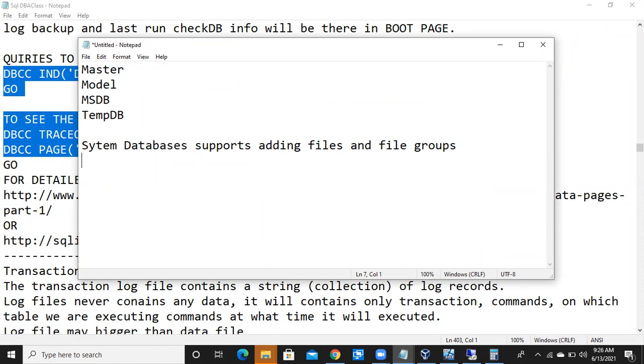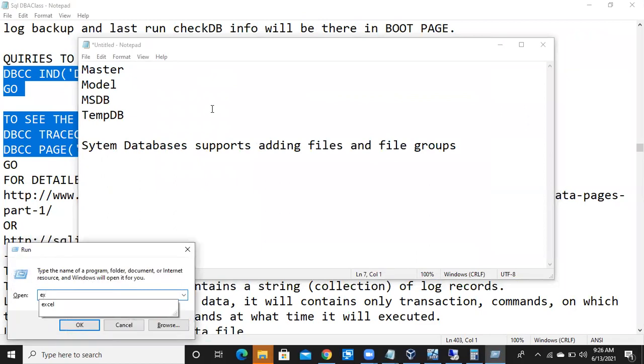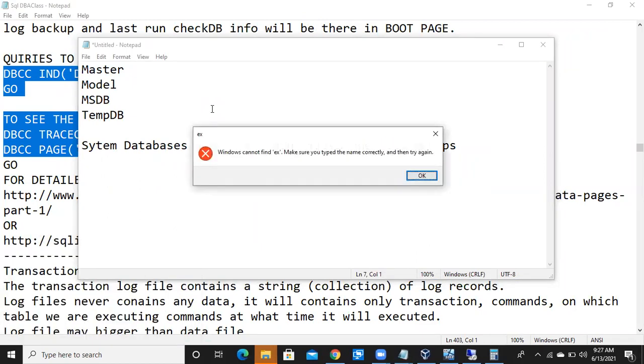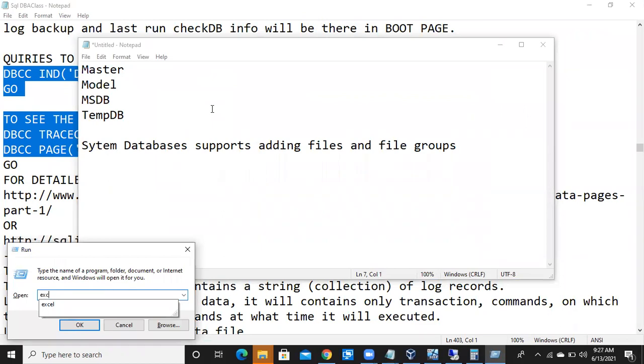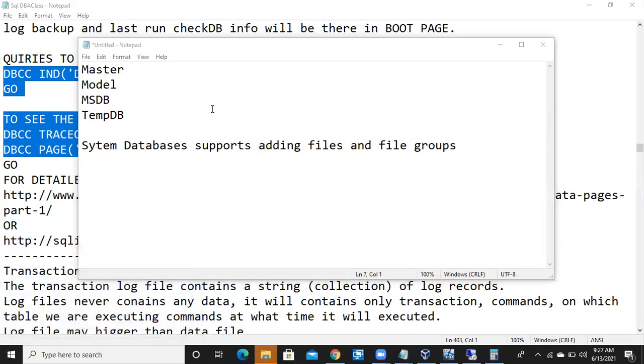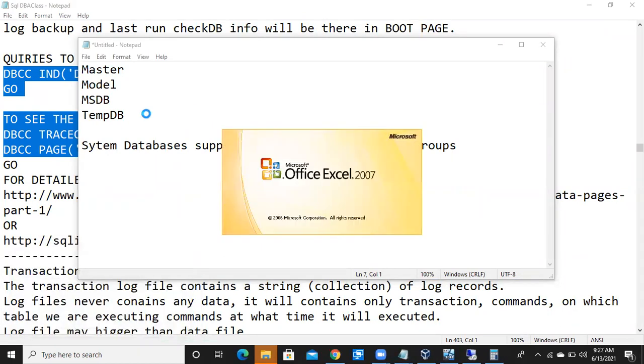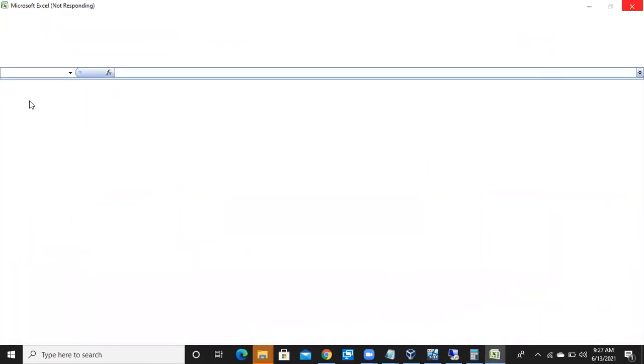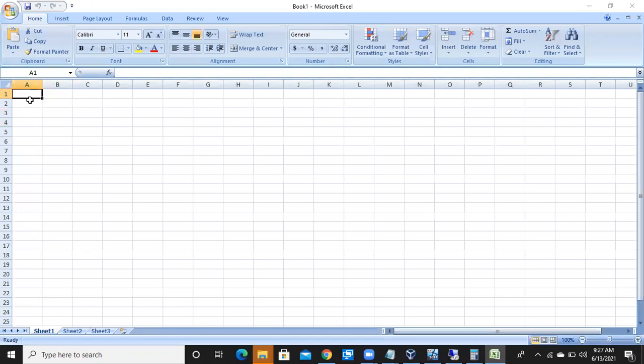Please, once the assignment is completed, send it to my WhatsApp number. I need a table like this. Just prepare a table like this. Database, files, file groups. Okay, so master,